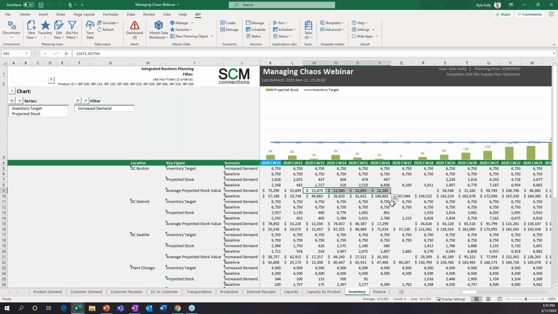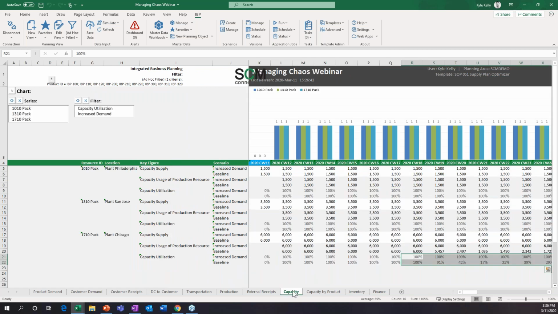Now, for this particular piece, what we're going to tack on is, great, we have a huge influx of demand, especially for our respiratory N95 and face masks. What happens now if our San Jose plant has a case of the coronavirus and we have to shut it down for 5 weeks? How do you model that? Well, again, very easy in IBP. So let's go to this capacity tab and take a look.